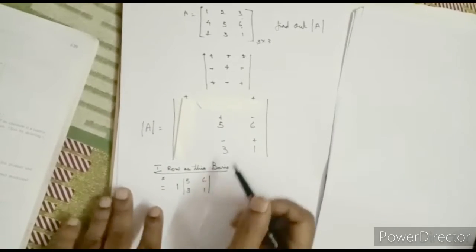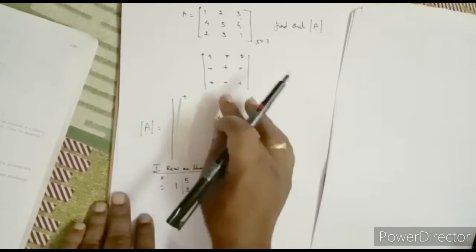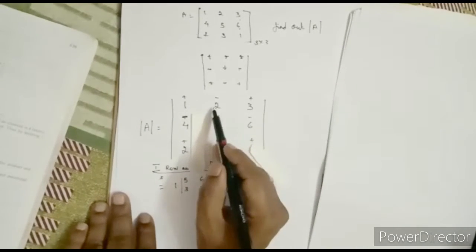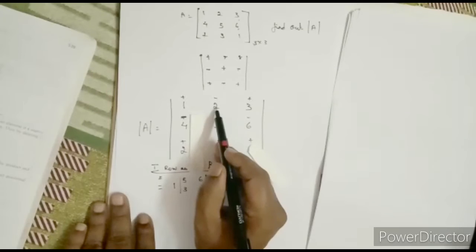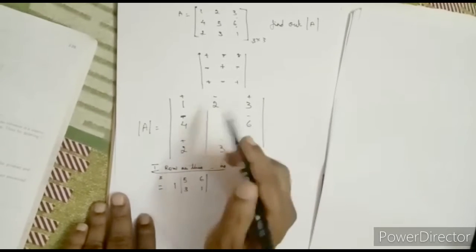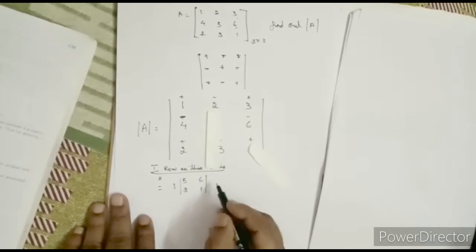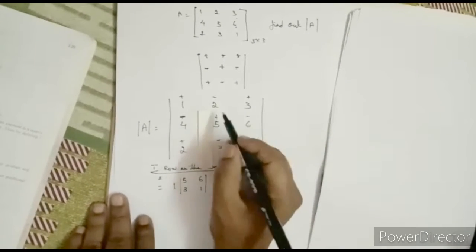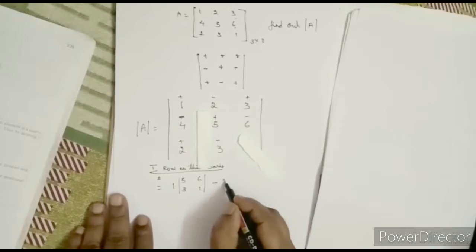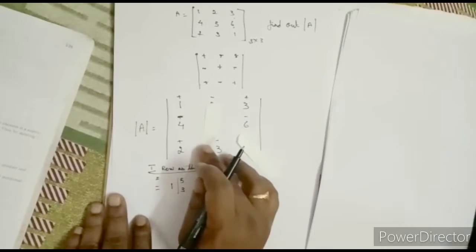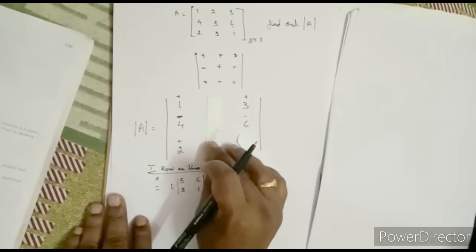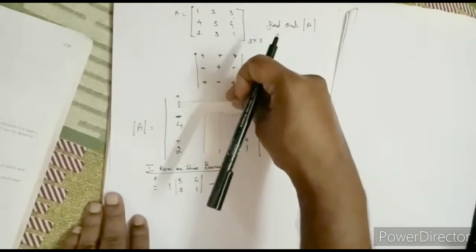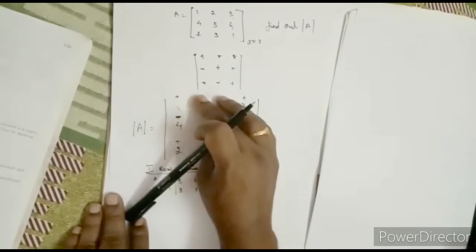Then as per this, now what I should do is take the second element of the first row. Second element is 2. So here the 2 starts with a minus sign. Therefore I should take minus. Now second element is 2. Let me write down 2. And now what I am doing is, I am closing this column as well as I am closing this row.